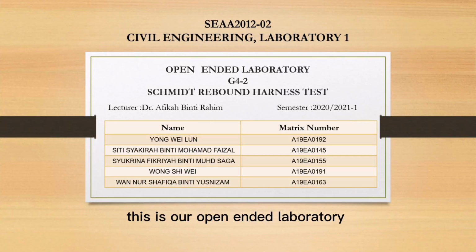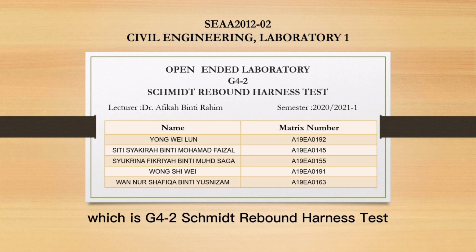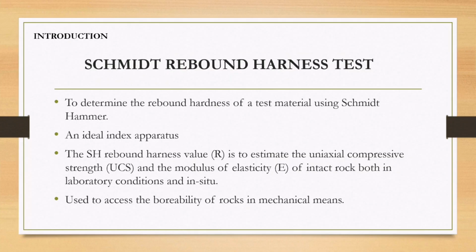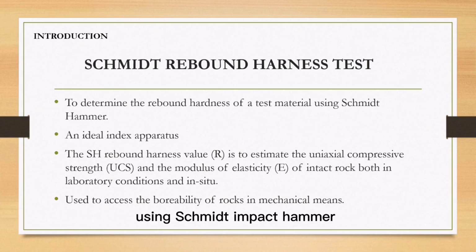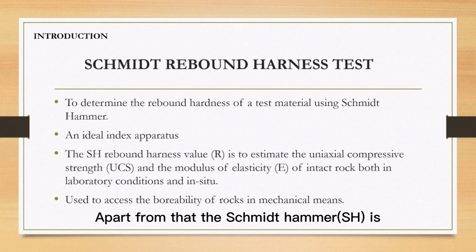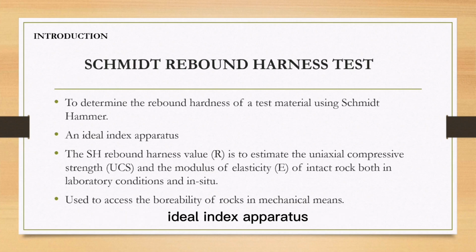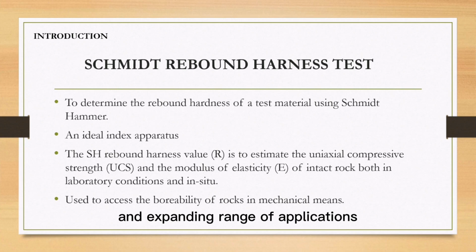This is our open-ended laboratory, which is G42 Schmidt Rebound Hammer Test. The Schmidt rebound hammer test is carried out to determine the rebound hardness of a test material using a Schmidt impact hammer. Apart from that, the Schmidt hammer is an ideal index apparatus, which underlies its increasing popularity and expanding range